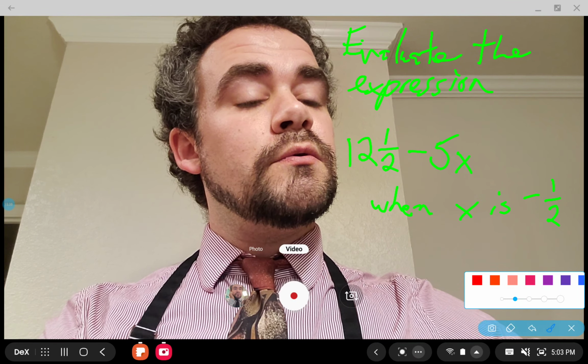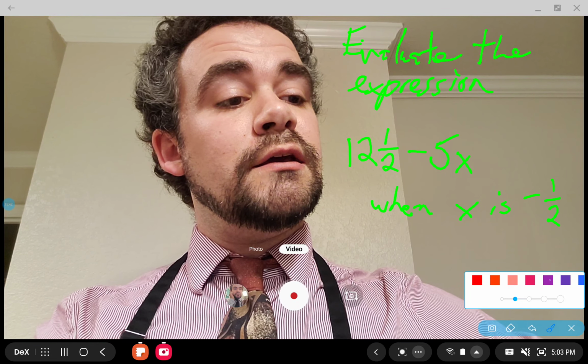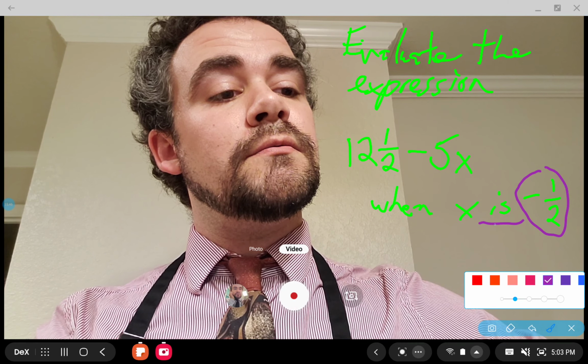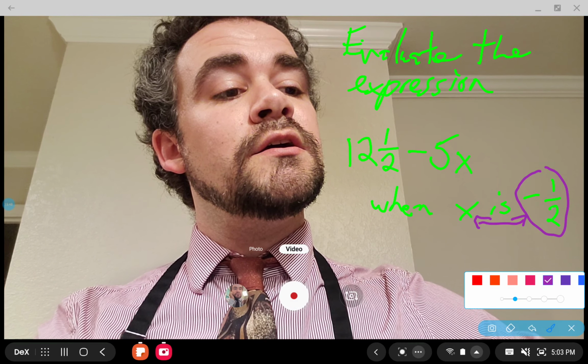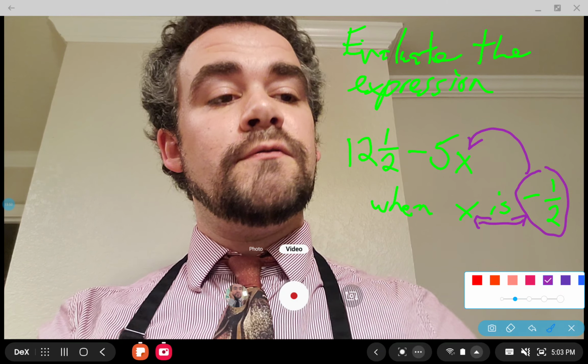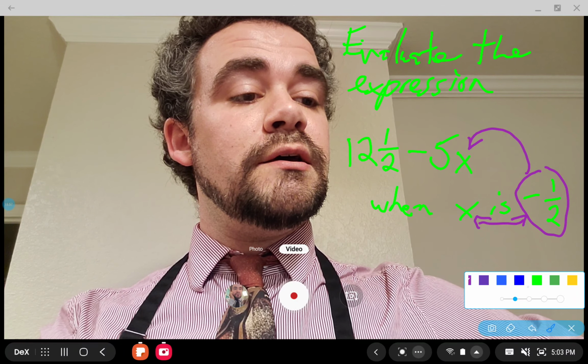All right, so if this is what the expression says, all this means is that you're taking this value, because this value equals x, right? These things mean the same thing. So you're taking that value and you're going to substitute it. We call this substitution for the x, okay? So that means you're going to have,